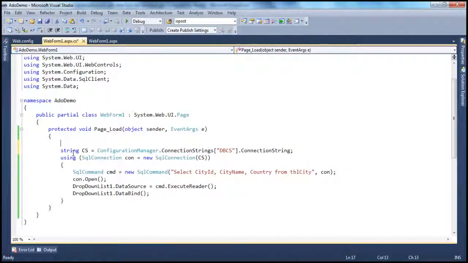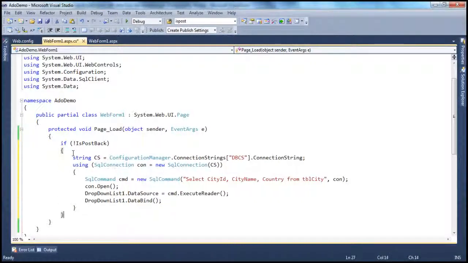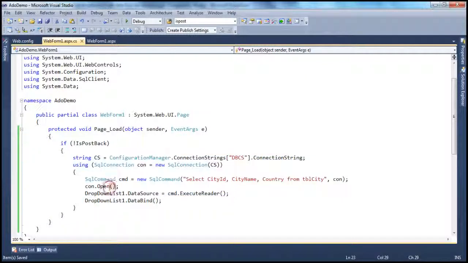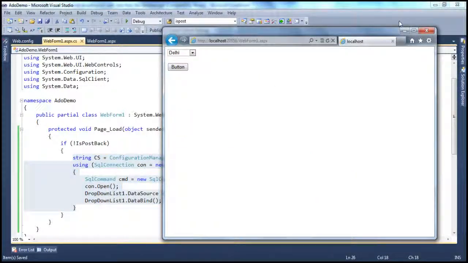So to slightly improve the performance of your application, you can wrap this entire code within the IsPostBack check, using not IsPostBack, which means this piece of code is going to be executed only the first time this web page gets loaded, which means if it's only a get request. If it's a post back request, this code will not be executed, and the view state of the drop down list control is going to remember the items that we loaded into that control the first time the web form loaded. Okay, so if we run this application now,